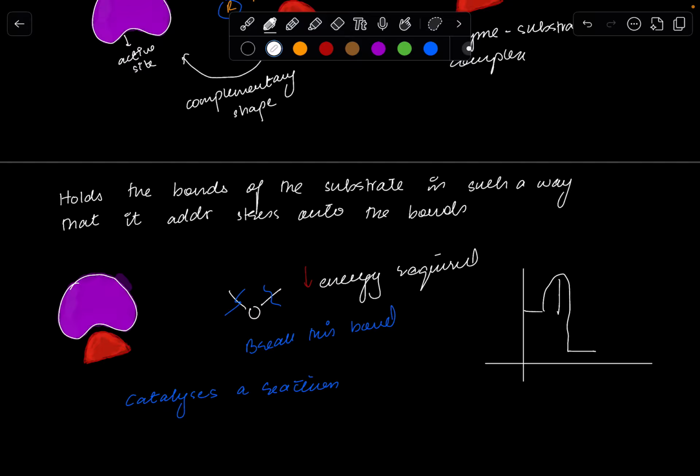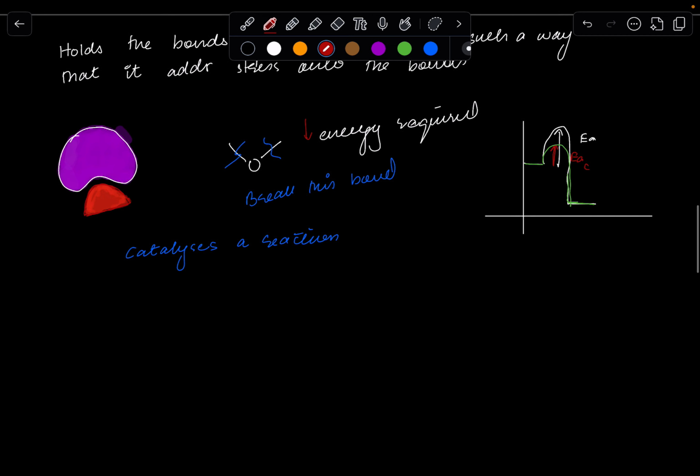If this is the activation energy, EA, then with an enzyme, it is significantly lower. And this is because of how the enzyme holds the substrate in the enzyme substrate complex. And so this will then lead to the creation of our products. So let's say these are our two products,